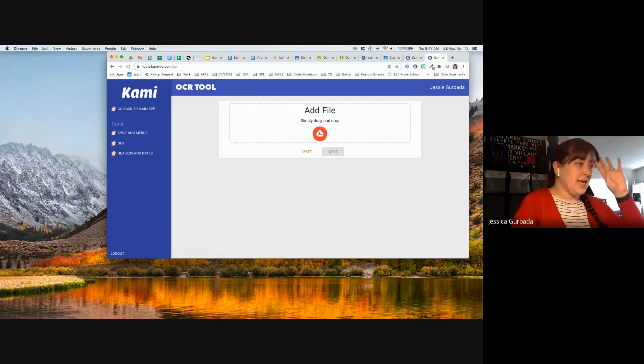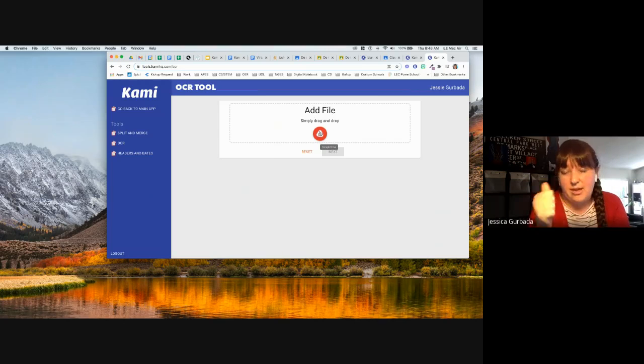So OCR takes quite a little bit, but what you would do is click here to get a document from Drive. So let's say last year you scanned a page out of your textbook. You could go in, find that page, put it in here, and then run it. Now your pages are readable. The other tool